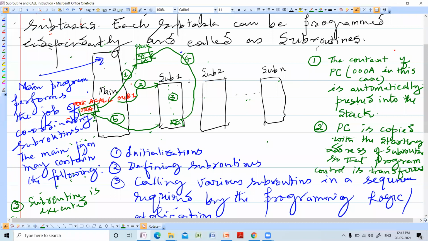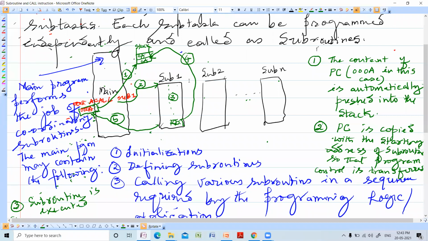Second step: after its address is pushed into the stack, the program counter is loaded with the starting address of the subroutine, which is indicated in the call instruction, so that the program control is transferred to subroutine 1.